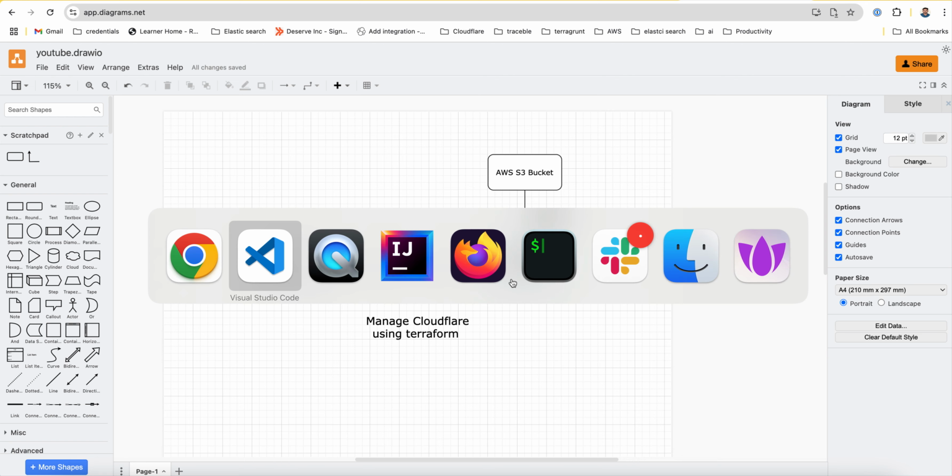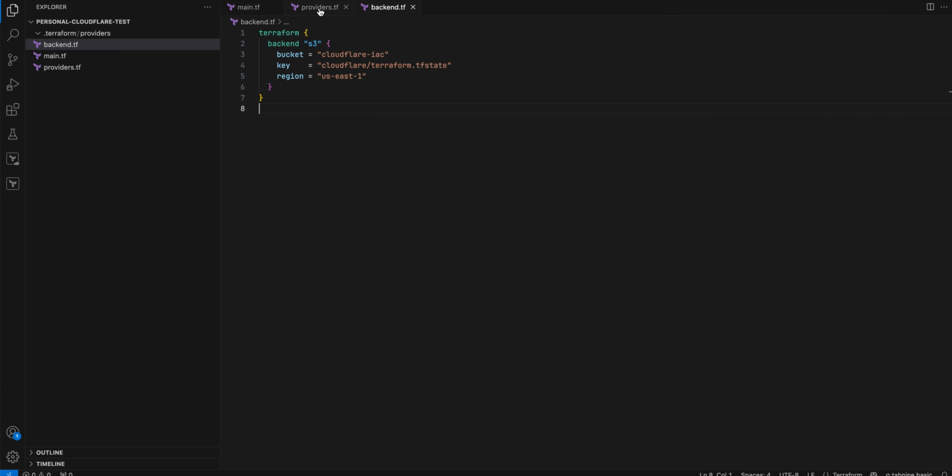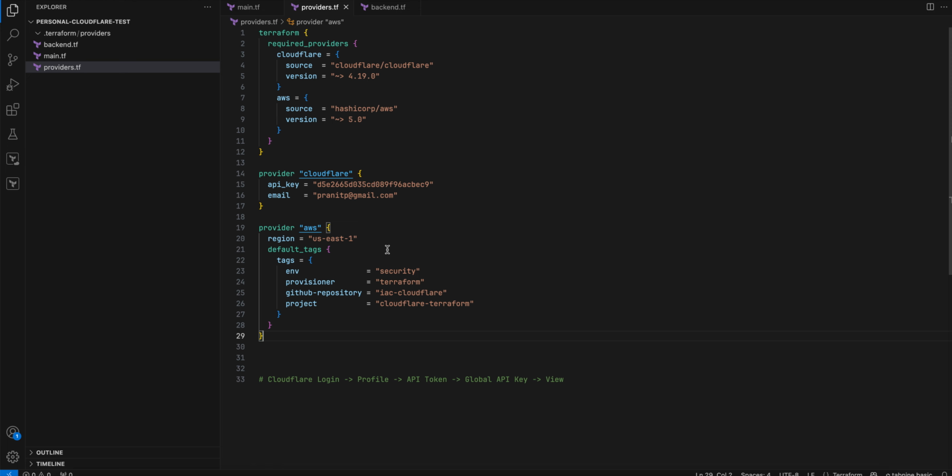Let's see. Here, this is my Visual Studio Code. Here I just write providers. You can see I implement the Cloudflare provider and the AWS provider. Why do we require the AWS provider? Because we are managing the backend via AWS. If you are managing the backend via Azure or GCP, you can select and implement the provider based on that, and use that bucket functionality or the storage system present on the different cloud. Here I just set up the version and all for the